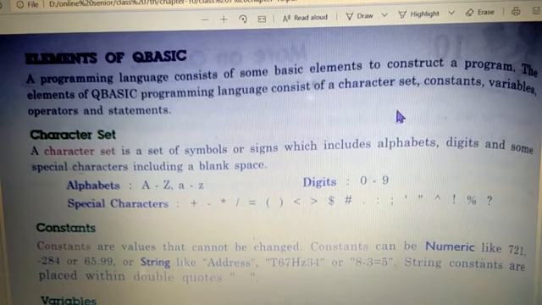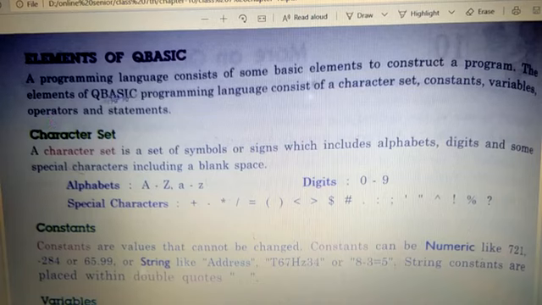Constants mean a constant or fixed value. Variables are like x in maths, where we say let x be equal to this; a variable takes values, and we can assign any values to it. Operators are maths operators, division, subtraction, addition; the symbols of maths are known as operators. And statements are specific commands in QBasic that tell the computer what to do.